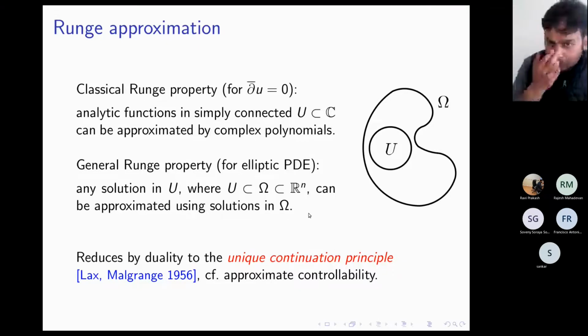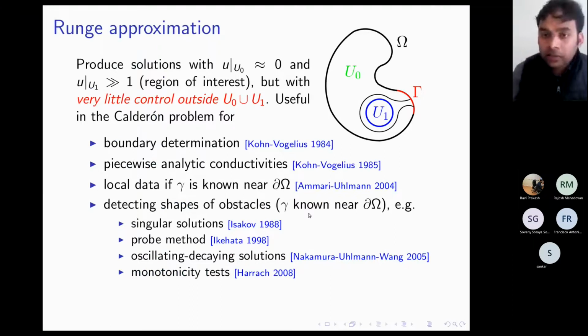One of the applications is this, which is a precise thing I was trying to say. Let's say gamma is the local boundary. Here you have the source, and on the rest of the black part of the boundary you have zero. Then you can subdivide this domain into two parts, let's say U0 and U1, and you can construct a sequence of solutions solving an elliptic problem where in U0 it goes to 0, and in U1 it goes to 1. I was told that this is kind of the idea, and the same thing we can do for the Maxwell equations,